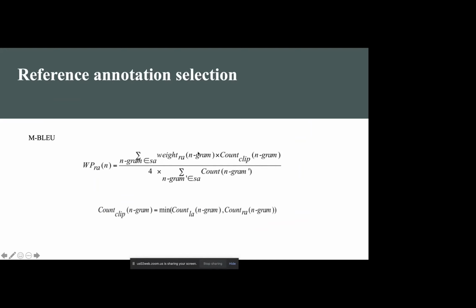And the count clip is generated as the number of n-grams clipping between the reference and learner annotation. And this count n-gram is the total number of n-grams in the learner annotation. And this count clip is a minimum count for learner annotations, and maximum and count for reference